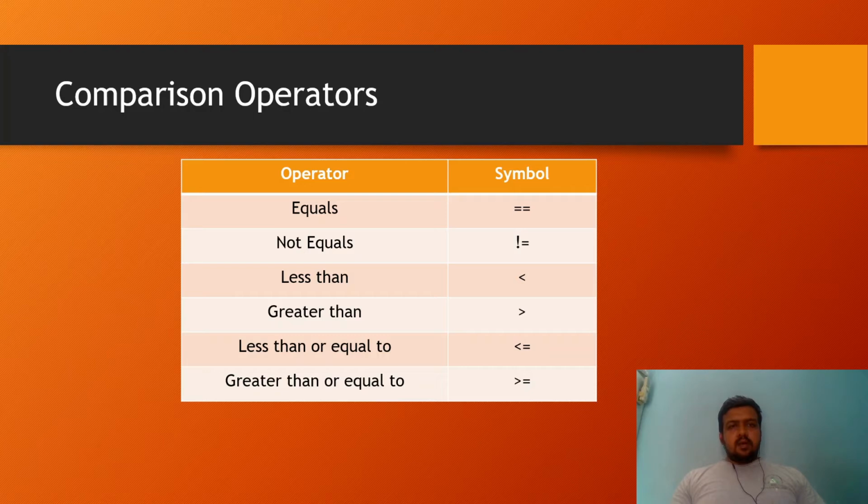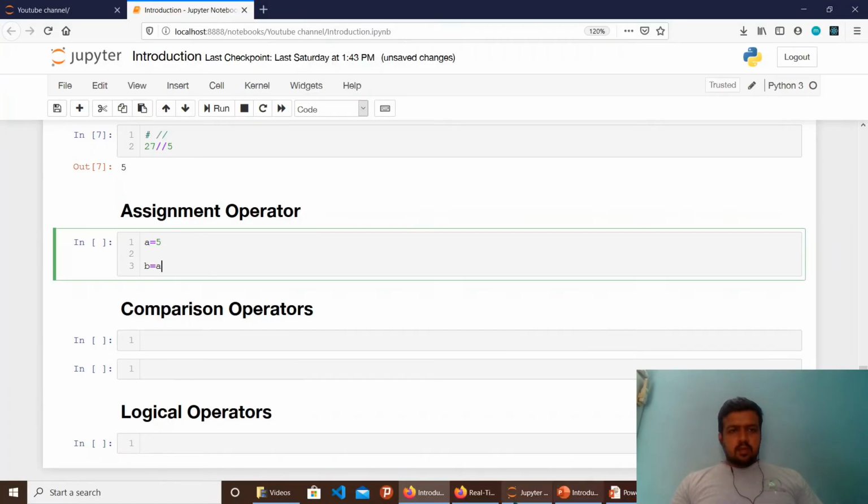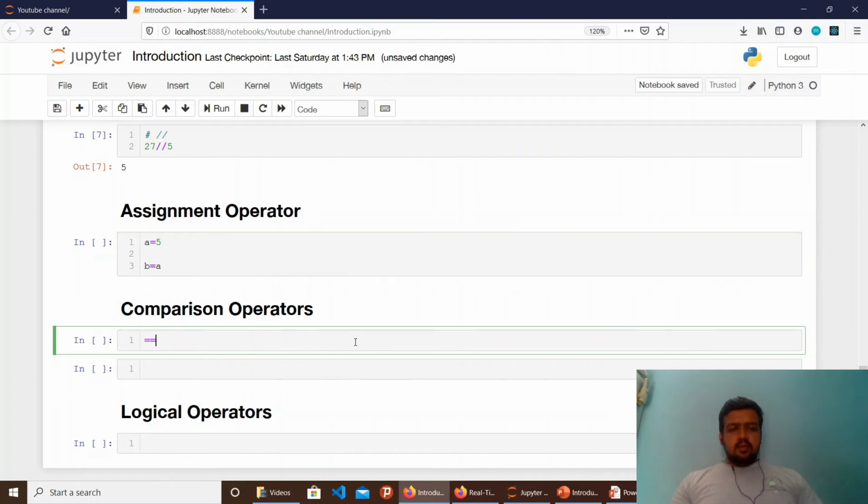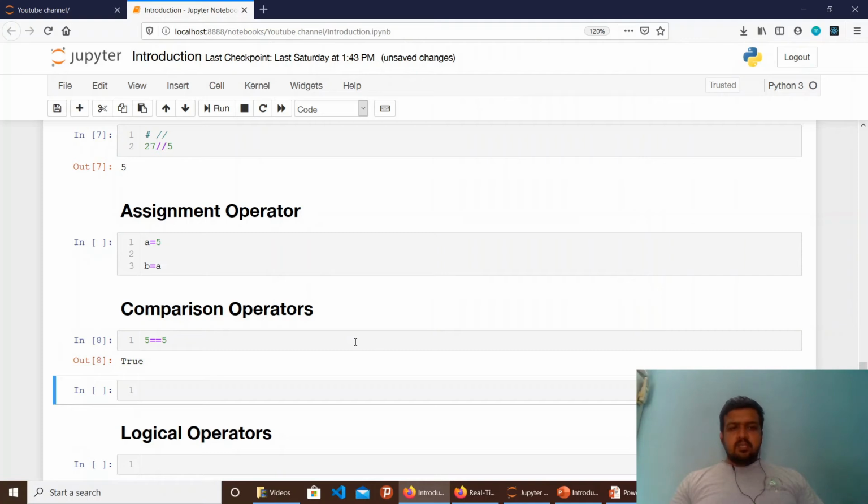We will move forward towards comparison operators. Python gives us around 6 comparison operators. These comparison operators are used to compare two objects. When I say object, I'm generalizing it because Python gave us the option to not just stick to numbers. We can easily compare two objects such as strings as well using these operators. So we'll see a demo of it. Here double equal to means the equals operator. Let's say I want to check if 5 equals 5, then it is giving me a value of